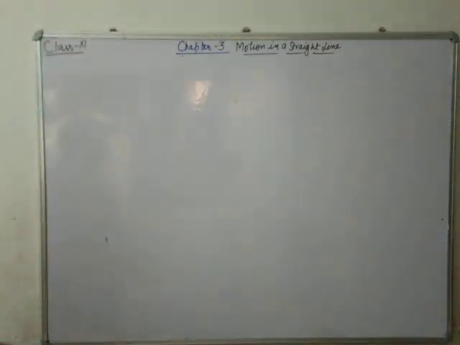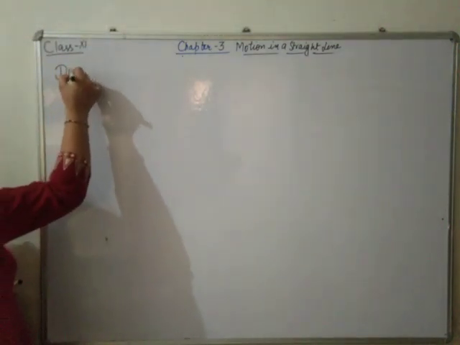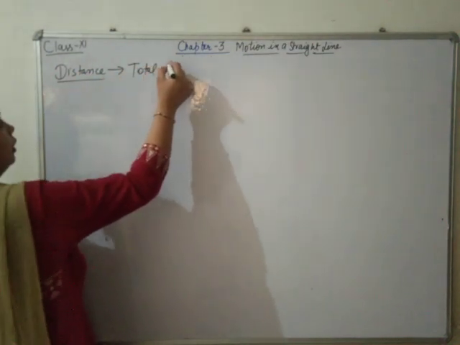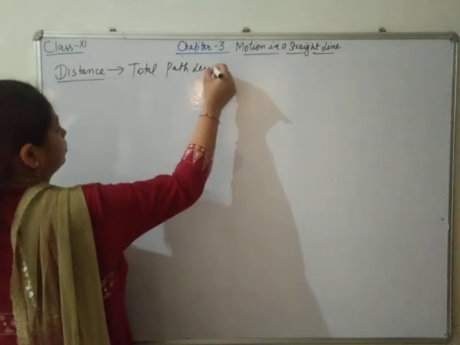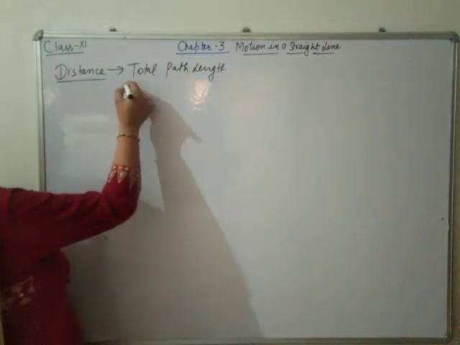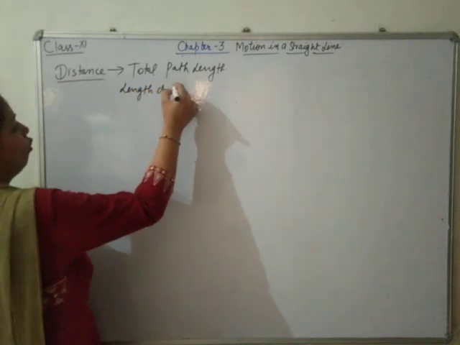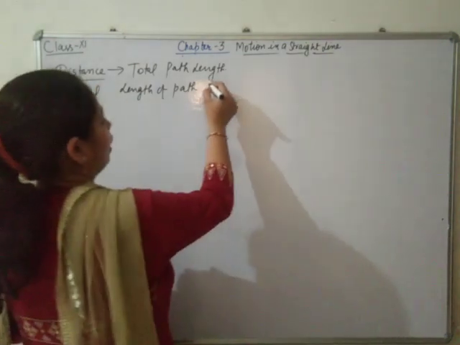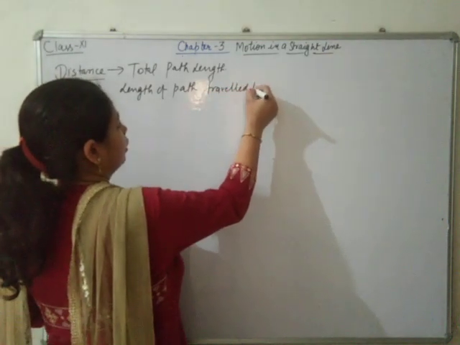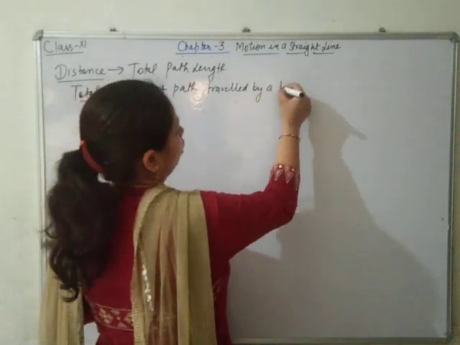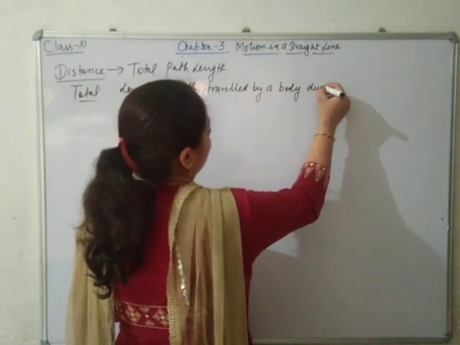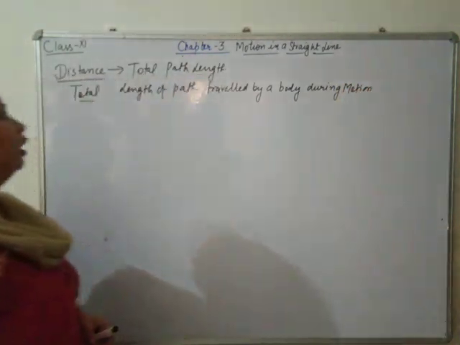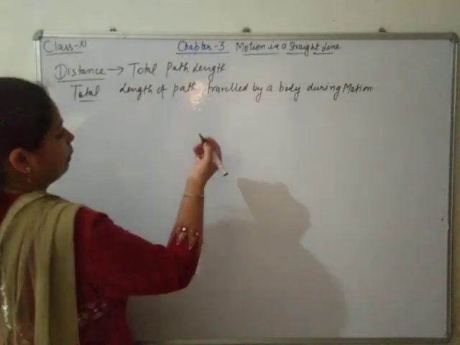So what is distance? Distance is total path length, or I may call it length of path. Total length of path traveled by a body or an object during motion. Total path length. For example,